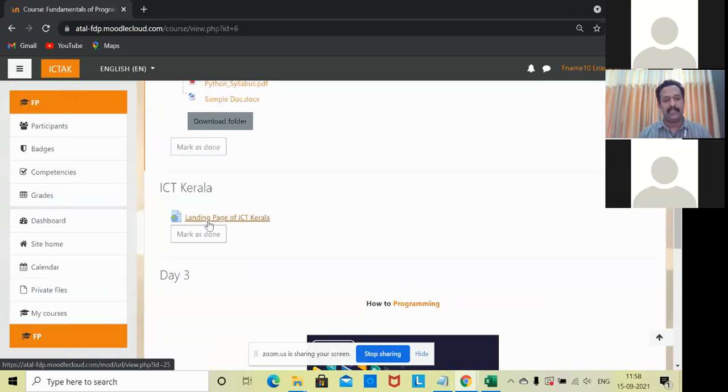So this is the basics of grouping. This is the particular usage of grouping, and grouping is very essential sometimes based on the different activities. We may have to group the people inside our learning management system, inside our course. This is the information. Please let me know. Even if it is confusing, probably we can have another demonstration. Please let me know if it is clear for you all.